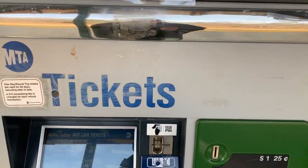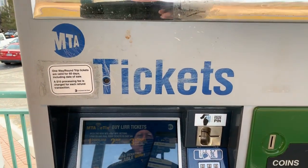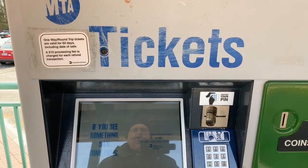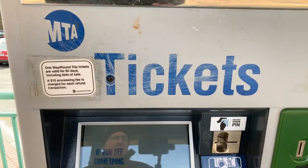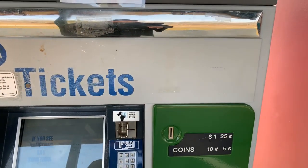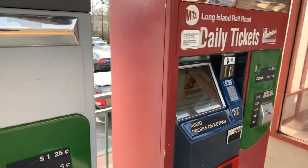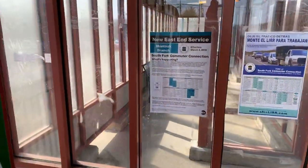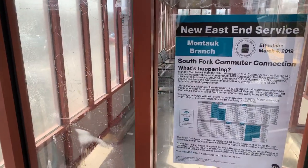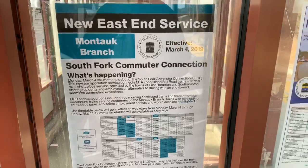So it's a little complicated at first, but what you have to do is activate deals and getaways on the ticket screen, and then you select South Fork commuter service ticket, and the price is $4.25. And that includes the train fare plus the shuttle bus or taxi service out east at the stations. So if I show you that information here,